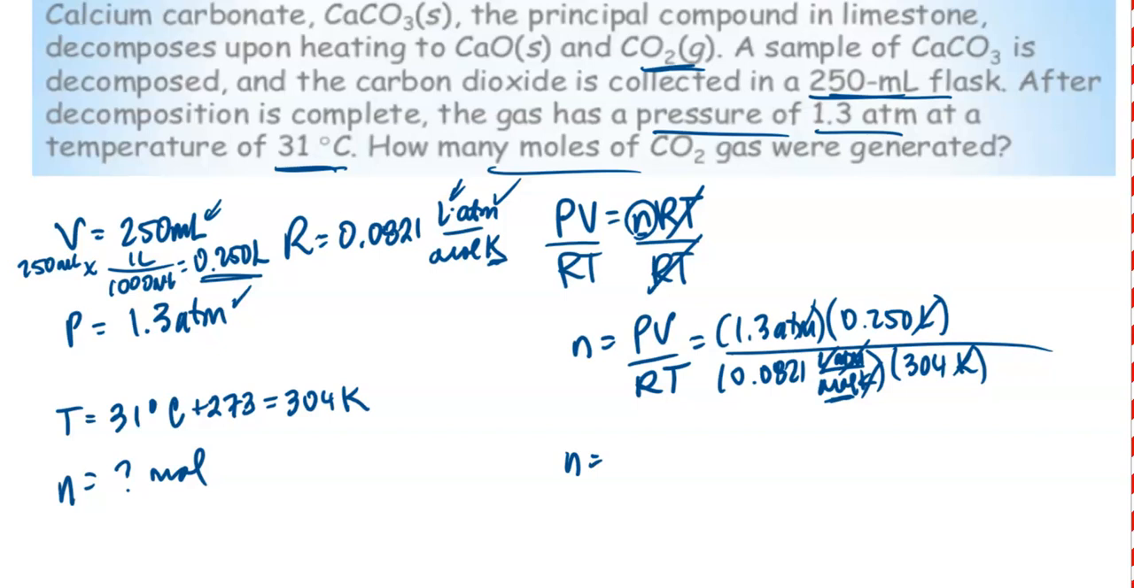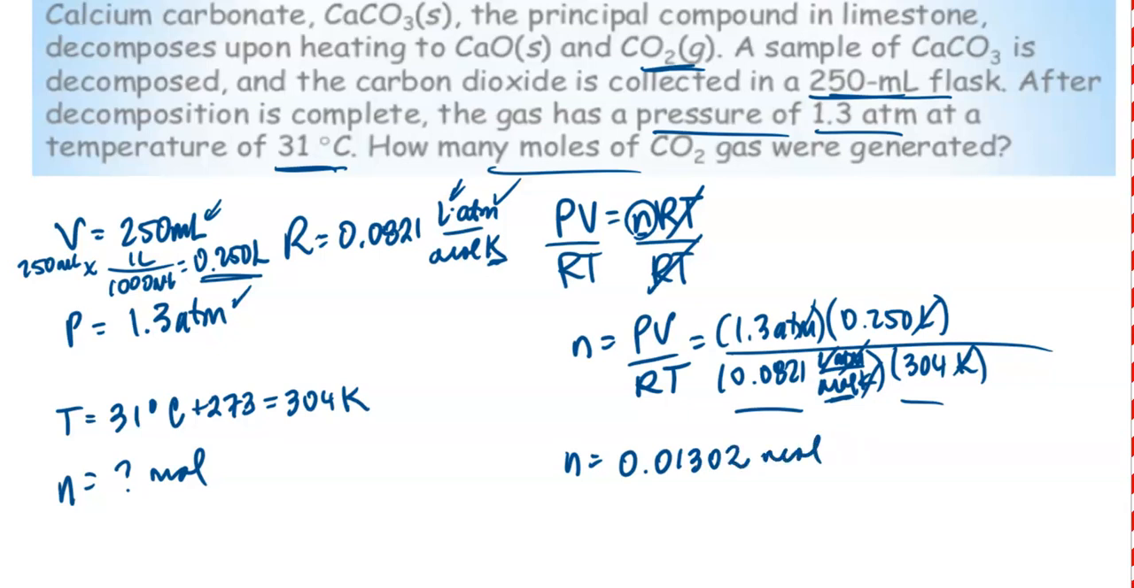which is what I'm looking for. So I'm going to multiply 1.3 times 0.25. And I'm going to divide by 0.0821 and then divide by 304, since again both the 0.0821 and the 304 are in the denominator. And that gives me an answer of 0.01302